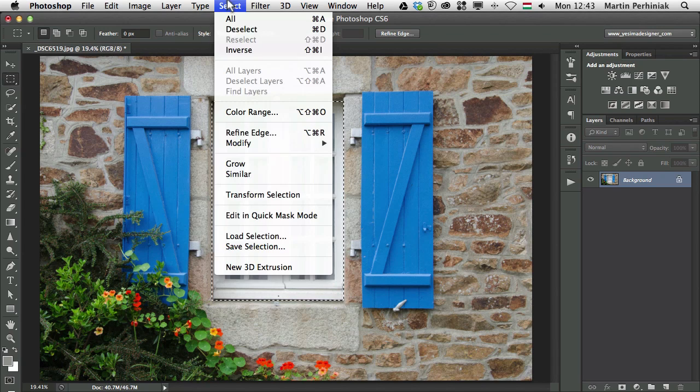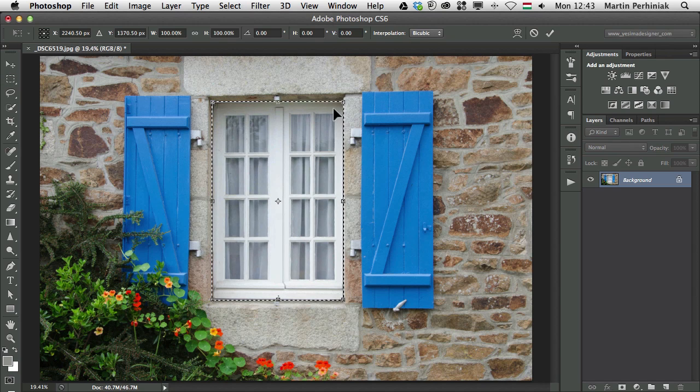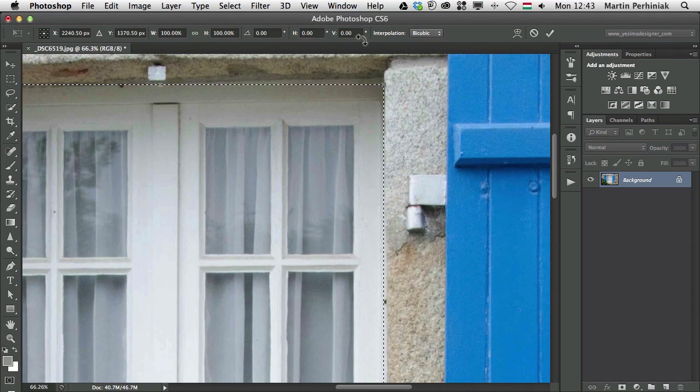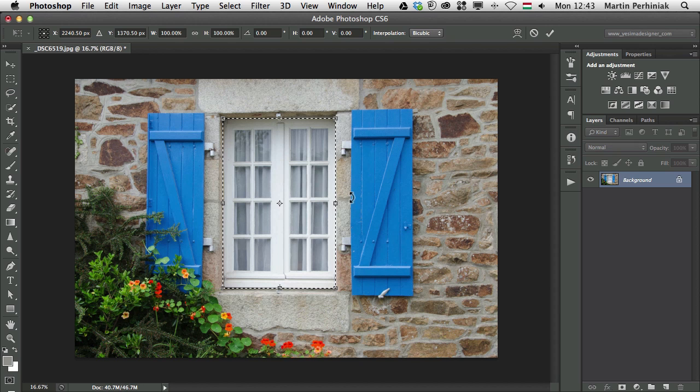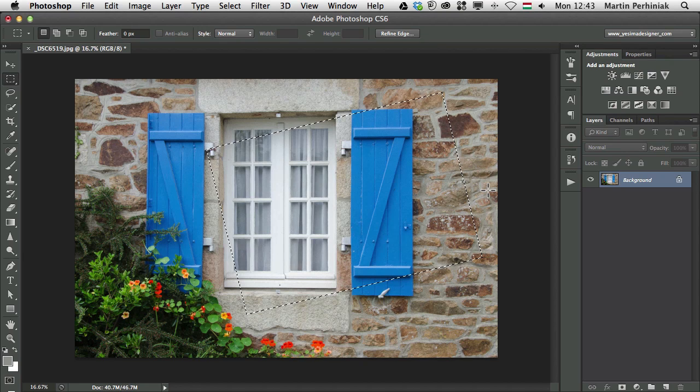What I can do is go to the select menu and choose transform selection. Now, don't be confused. This is not free transform. It won't make changes to the image. It will only transform the selection itself. So if I select that, then I will get these control points, and what I can do is move them around. So first, let me just show you a bigger change. I can make it wider or rotate it like that,